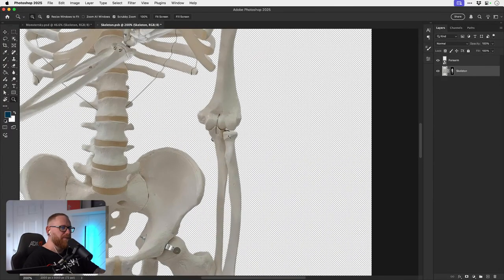What about this one? Okay, so forearm. Call it left. Forearm right. Oh, that's forearm my right at least. There we go. We'll do that.